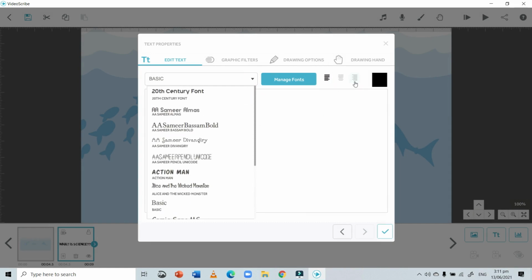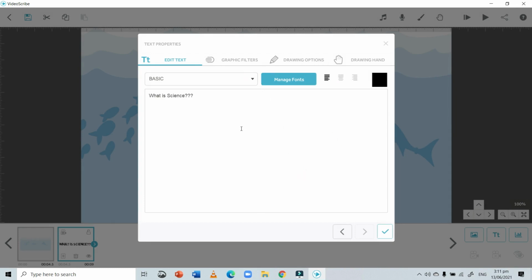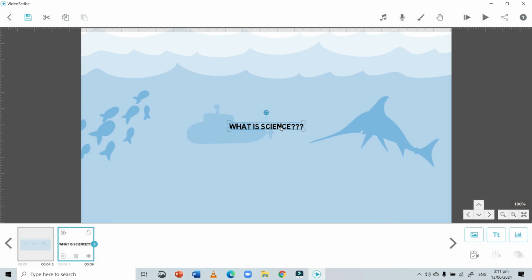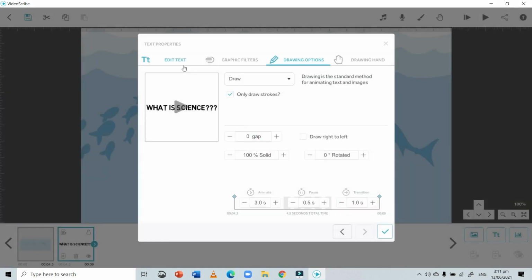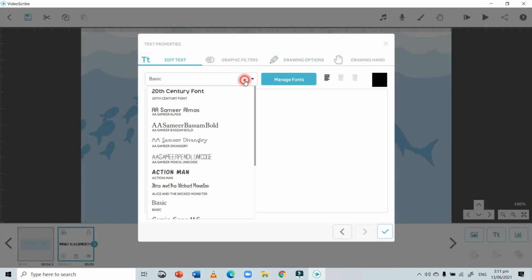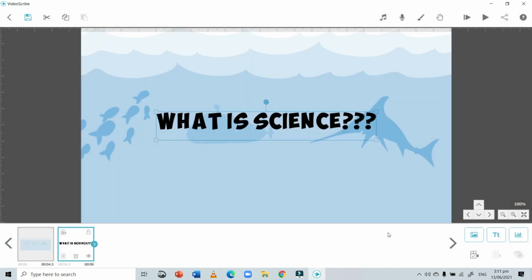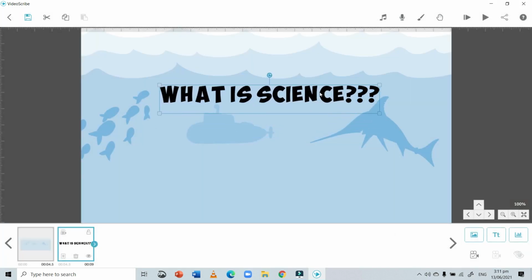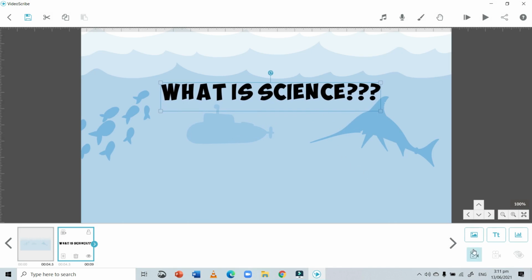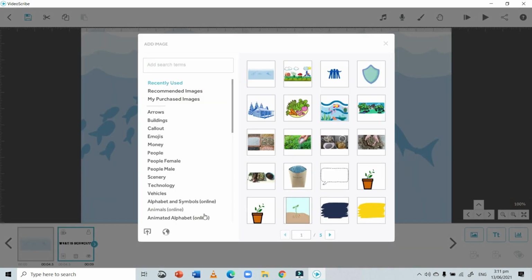Okay, so these are the options for alignments, and this is the option for color of the picture. Okay, so I have to change the fonts from here. So I will select a font that I use for the headers. What is Science? Okay, and I would try to add something that goes